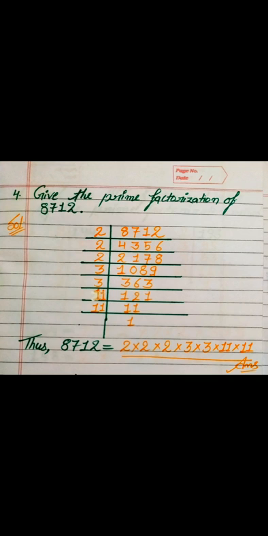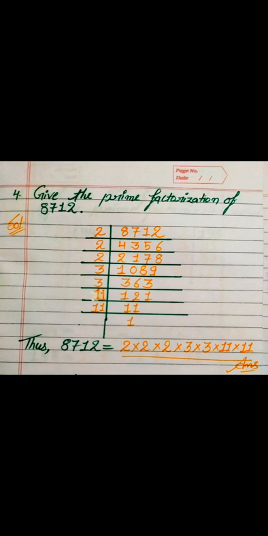That means we will think of the next prime number, and the next prime number is 3. Now what will we do for 3? We will add the digits of this number, and we will get 18, and this 18 is divisible by 3. That means this 1089 is also divisible by 3. Then we will get 363 as a quotient, and this 363 is also divisible by 3, like 3 ones are 3 and 3 twos are 6 and 3 ones are 3. This 121 is not divisible by 3 because the sum of its digits is 4. That means we will think of the next number.